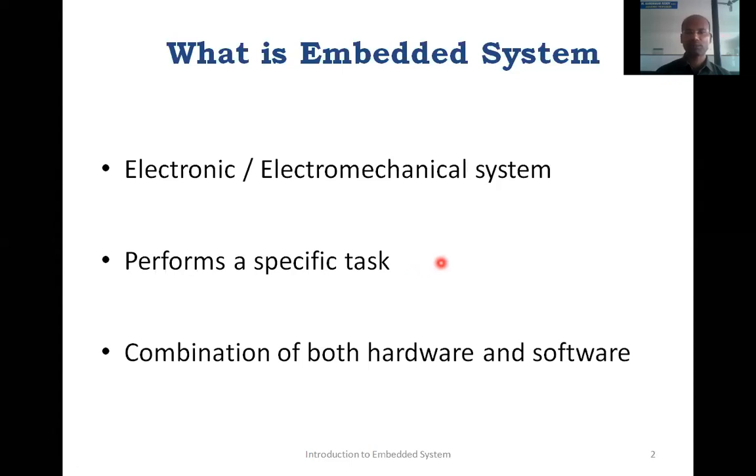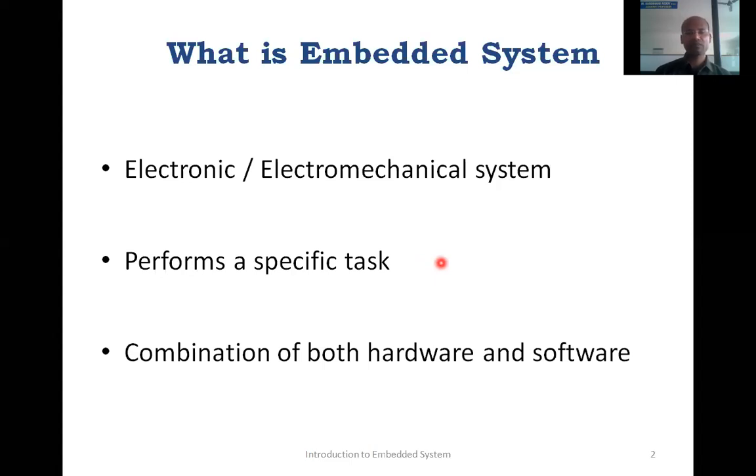In general purpose computers, we can run many applications, 3 or 4 or 5 applications at the same time. Like in the normal computer, we can listen to songs, we can open Word and type something, and we can open some other software and run that software. So in general purpose computers, we can run many things at the same time.